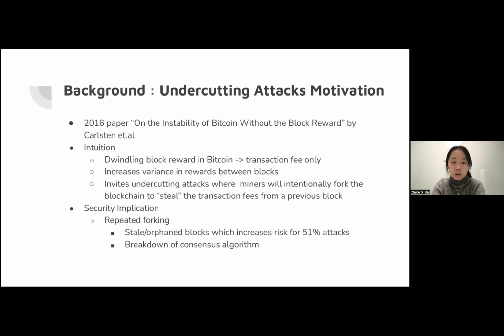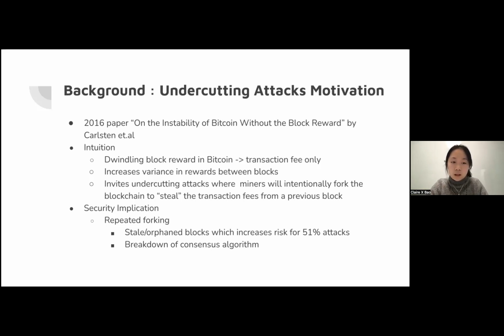And with no block reward, this increases the variance in the rewards a miner can get between blocks, because some may have more transaction fees in them, some may have less, just based on the transaction fee environment. And without a block reward it's harder to offset that difference. And this increased variance in mining rewards invites this type of undercutting attack, which is essentially where miners will intentionally fork the blockchain to steal the transaction fees from a previous block and make a new block on a new